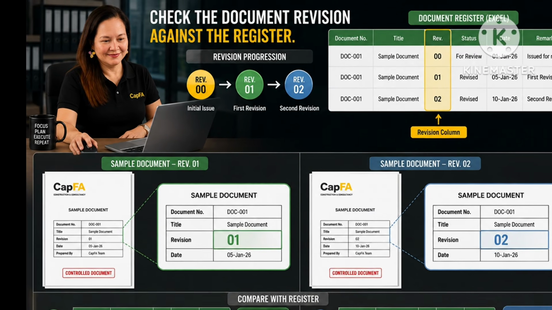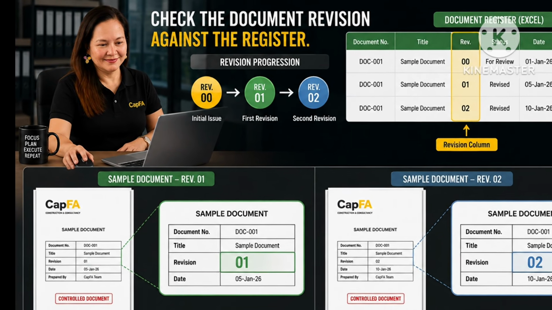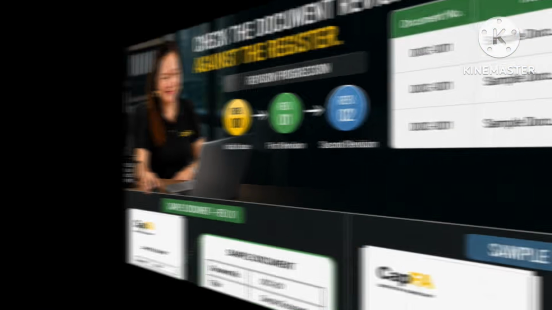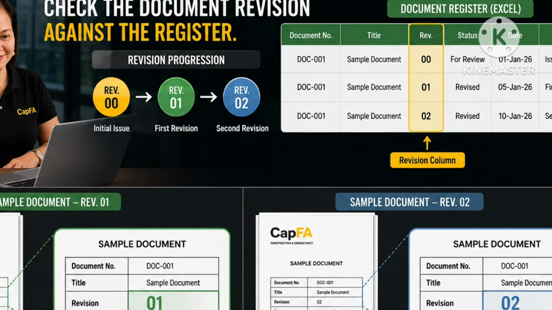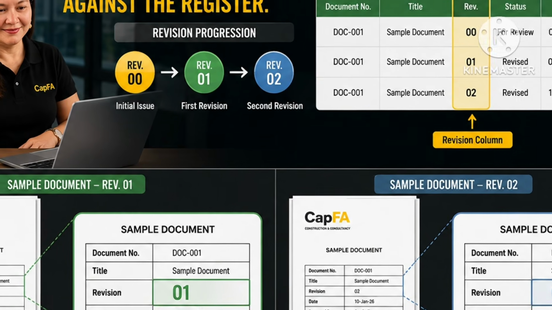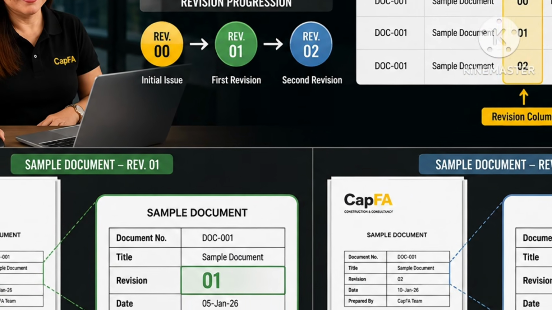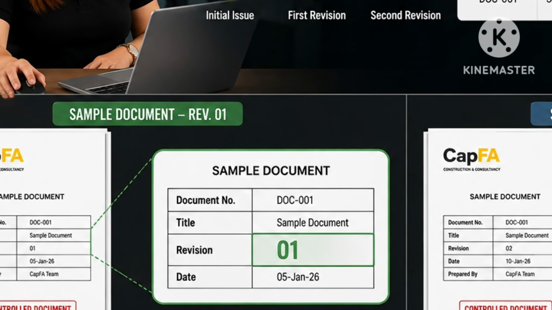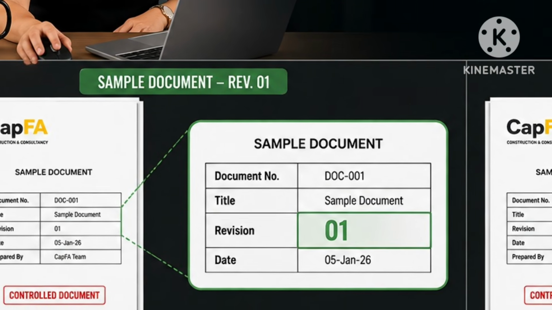Let's look at a simple example. Imagine we have a document listed in our register with revision 00 and a status of for review. Later, the reviewed document comes back or a new revision is issued.